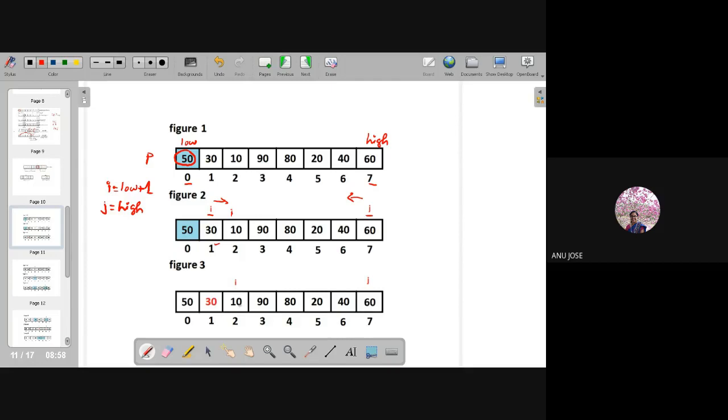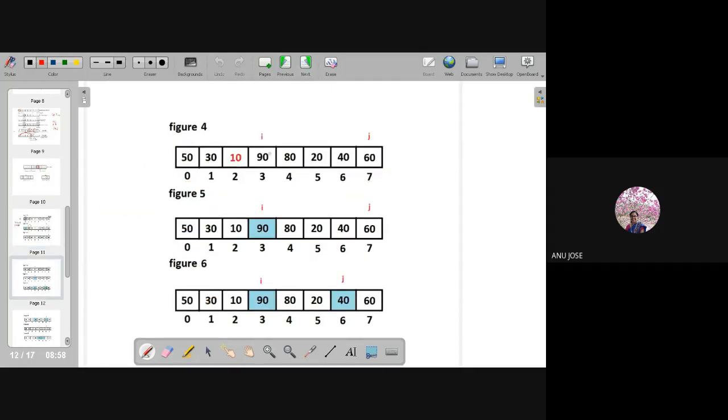Again 10 is the value which was present. That is again a smaller value compared to 50. So I should increase to the next immediate value. So I will be coming to the value 90. In this case 90 is a larger value. So I have to stop its movement because it found a larger value compared to the pivot. Pivot value was 50. So until it finds a larger value, it has to move to the next immediate location. Now in this location, it found a larger value. So we have stopped the movement of i.